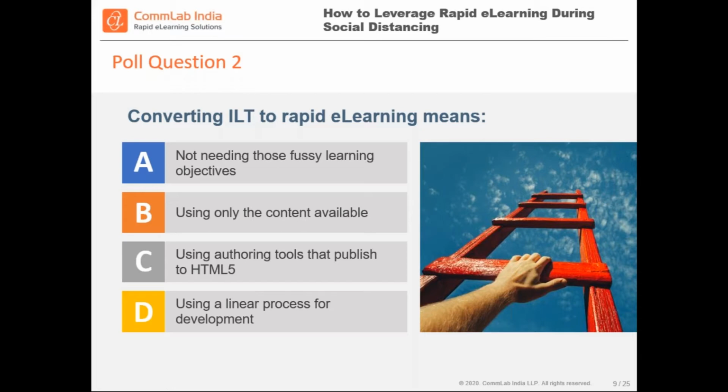Linear development processes, I would say the time for linear processes is over. We are looking for more iterative, agile processes to help us get that product in front of your internal or external clients quickly and get their feedback on it at a pretty early stage, rather than developing the full course, sending it over, and then getting a lot of rework requests. So we are trying to get these courses in front of our stakeholders very quickly. That is why the process is not as linear as it used to be.